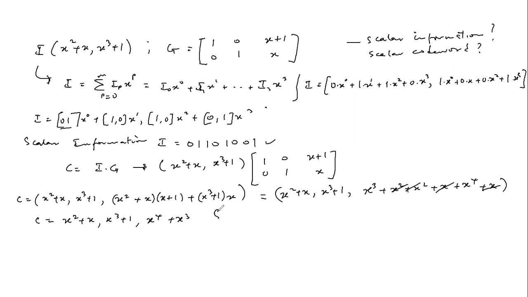Now, call that C, which is the same as the summation, p equal to 0 to n, C sub p x to the power of p, which is C naught x naught, plus C1 x1, plus all the way to the highest power here, which is 4, right? So C4 x to the power 4. And once we arrange this, it means that for this, we have C equal